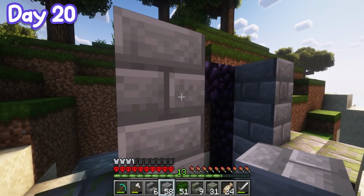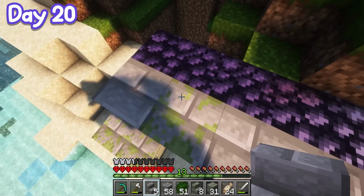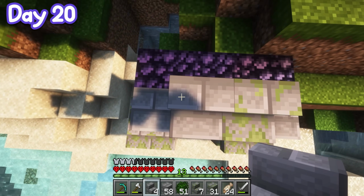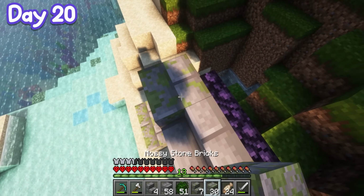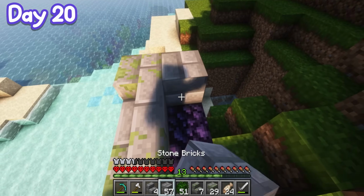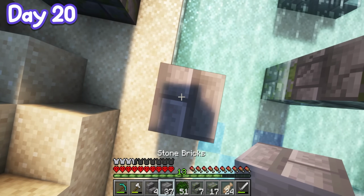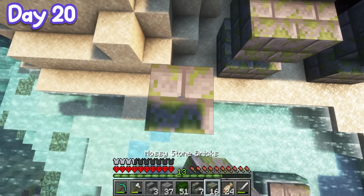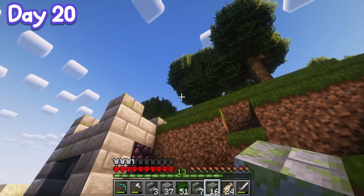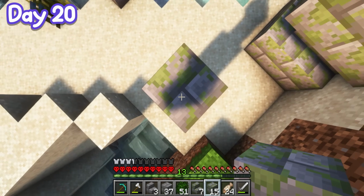just around the edge of this area and then covered this up with these stairs. And then maybe we could go ahead and put some more stairs here because obviously this just makes it really visible from afar. And then we could put some of these here. Probably just cover that up completely right there. I also think it could be really helpful if we build up this kind of post thing here. And then maybe made this one a little bit taller because then when we're over here, we'll be able to just see this post poking out of the ground and, you know, it's just 100% necessary that we